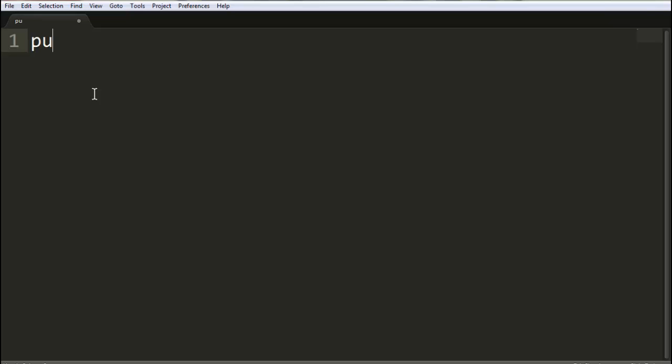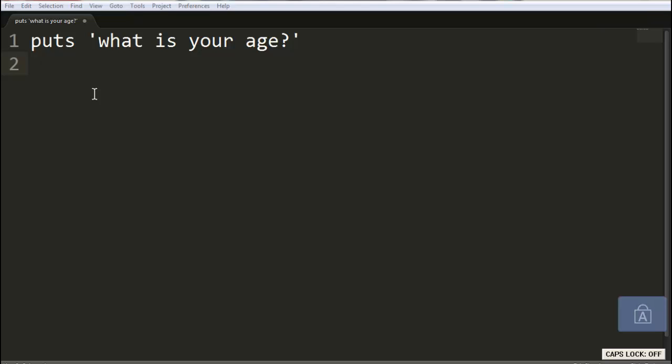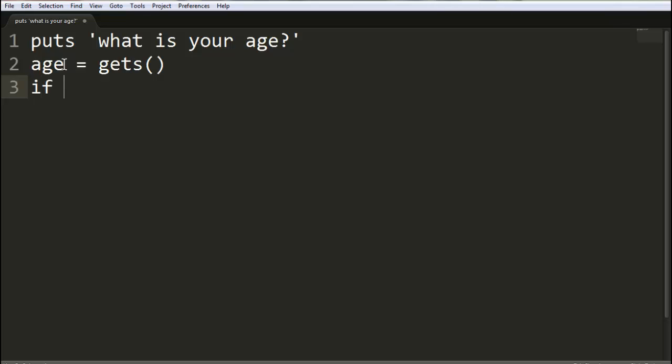Here I'm writing puts "What is your age?" and here the age will be user defined. age is equal to gets, which will be the user input. Then here we will write if age is less than 18, say 17, then the user will get the output